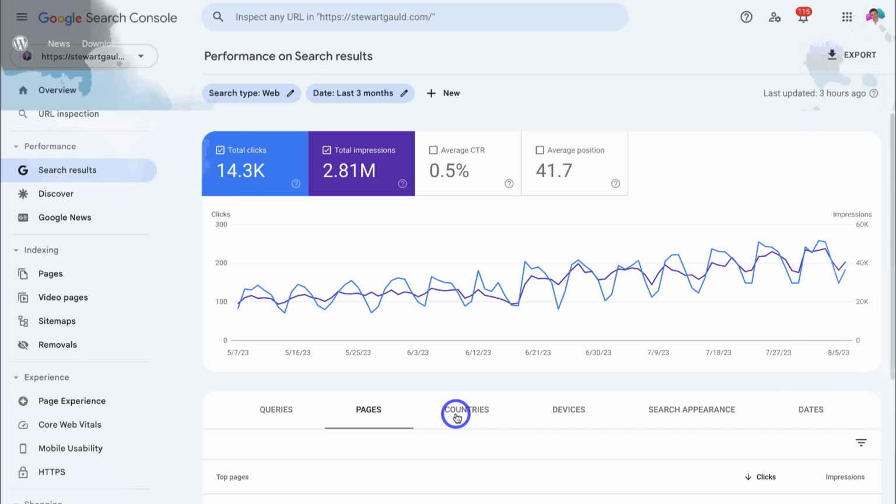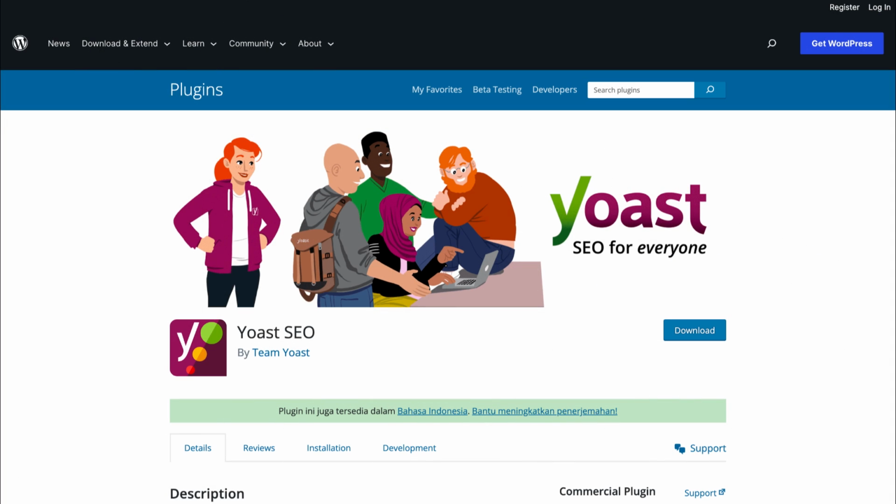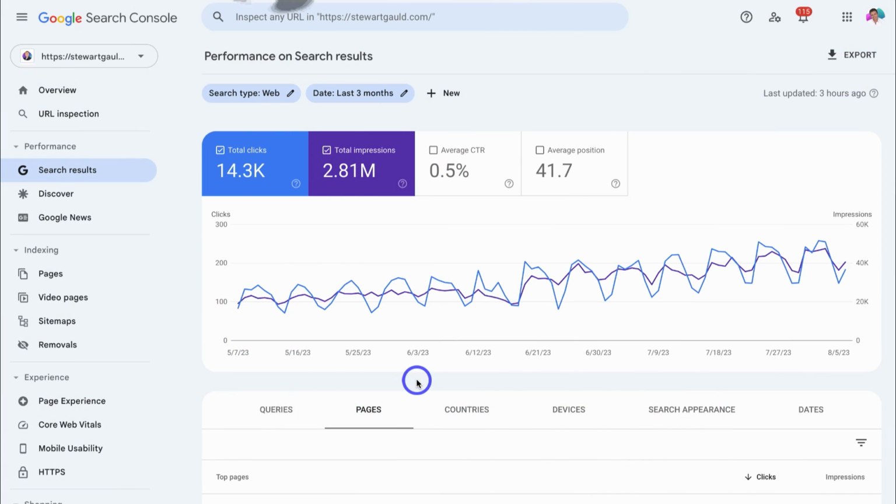Now, you can also use tools like Yoast SEO to optimize your title and meta description, and also help guide you through optimizing your content for SEO. So Yoast SEO is a WordPress plugin that we use nearly every day to make sure that our content is